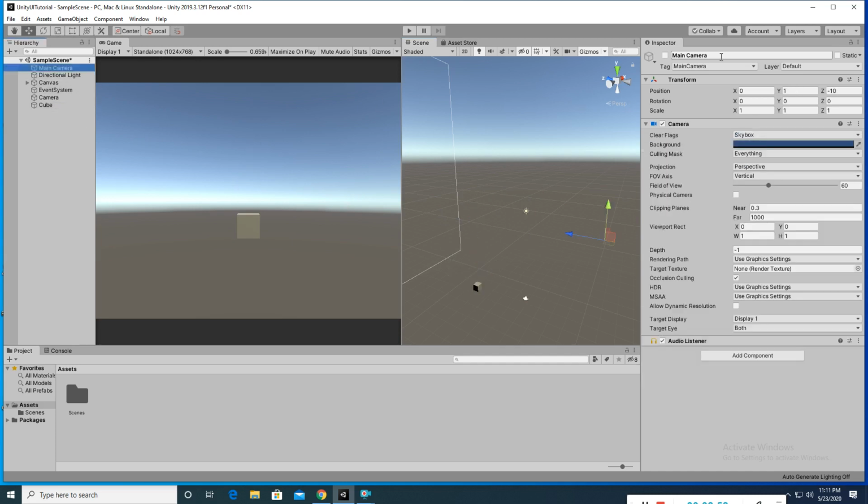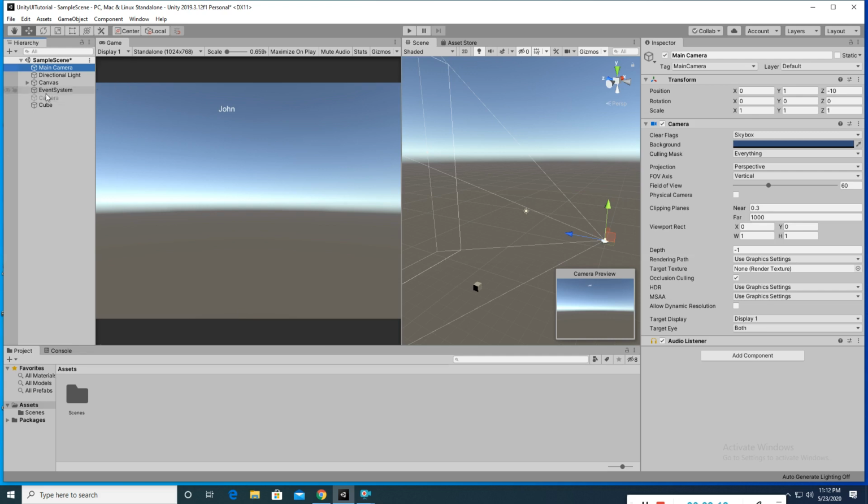See, if I enable this, you see that this camera is responsible for rendering that cube, and this camera is responsible for rendering the canvas. That is the difference.